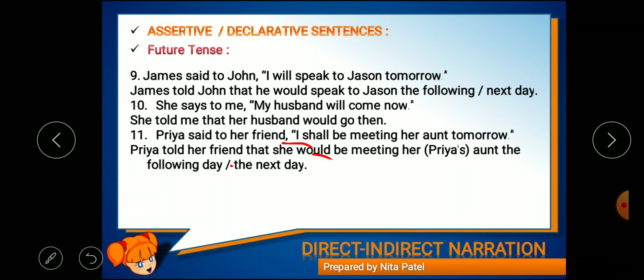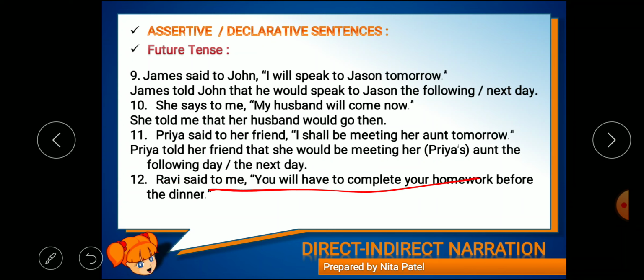Okay, now one more thing is that wherever you find that so many third person pronouns are used, and it is difficult to understand which person we are using this pronoun for, at that time you can put this bracket and use the name like this. "Her" I have used for Priya's. So you can use this technique in the exams as well in your answers, right? Other things are the same.